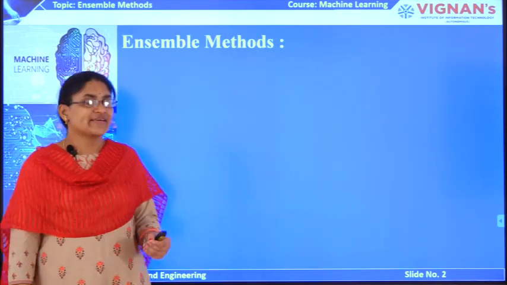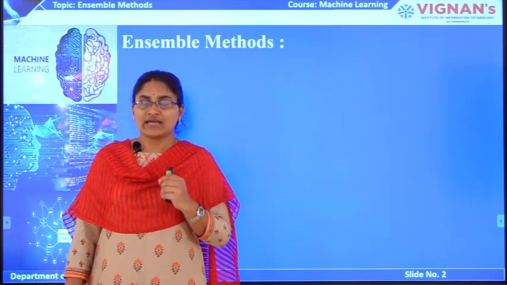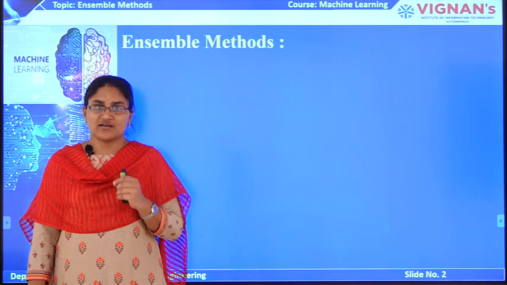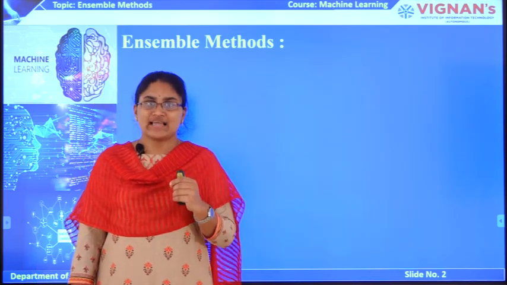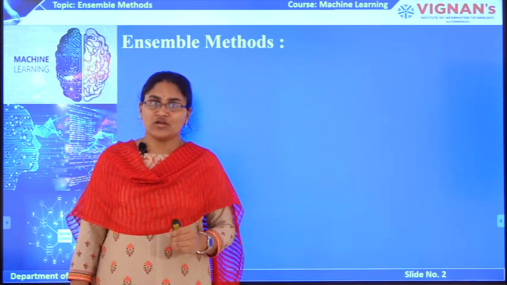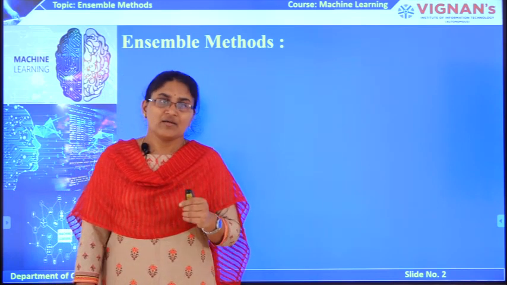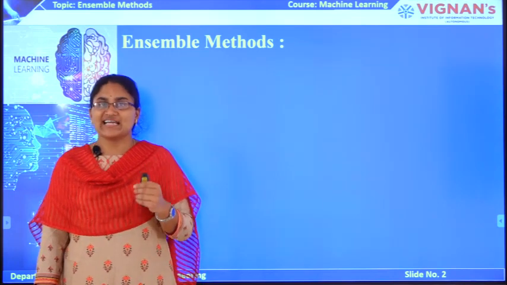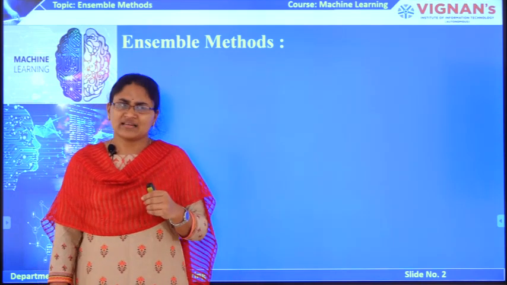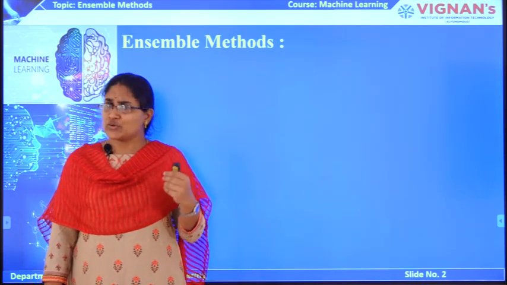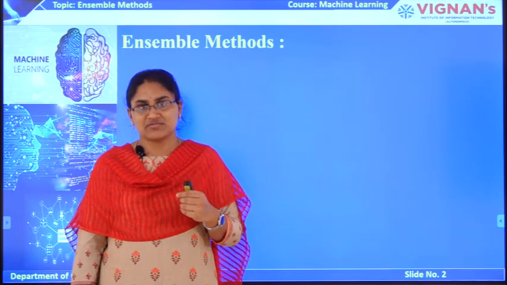Before getting to what ensemble methods are, I would like to give one example. Based on that example, you will get a good idea about what ensemble methods are. For example, if you want to purchase a new mobile with some budget, but you don't have any idea about it, then what will you do? Will you immediately go to the shop and purchase the mobile directly based on the salesperson's idea?